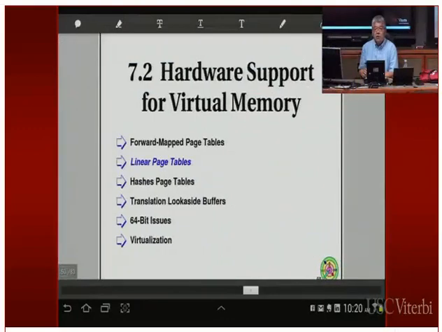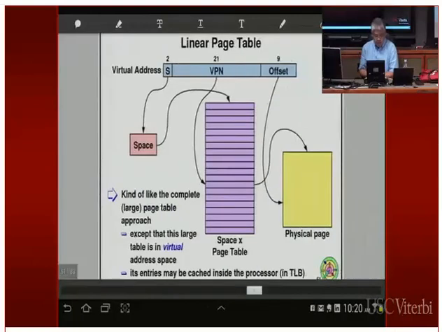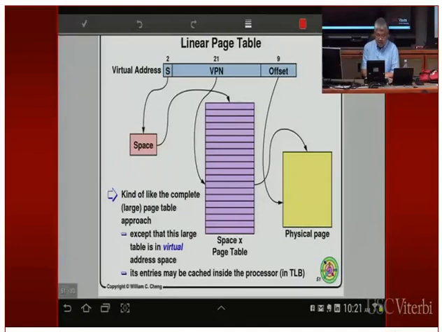Okay, so this way is not the only choice. There are other choices. One is called the linear page table. This one looks like the page segmentation. In the beginning, instead of 4 bits, they have 2 bits, and over here they have 21 bits, and the page size is 512 bytes instead of 4 kilobytes. So this corresponds to an old architecture used by the Digital Equipment Corporation's VAX system. This is really currently not in use, so it's kind of an interesting idea. Intel later on tried to revive it, but it really didn't work out.